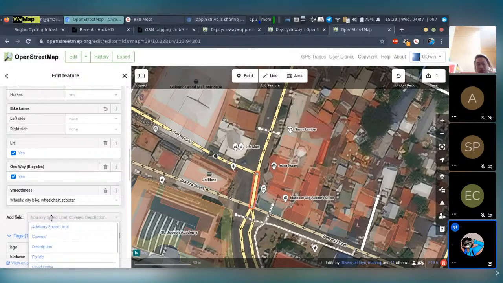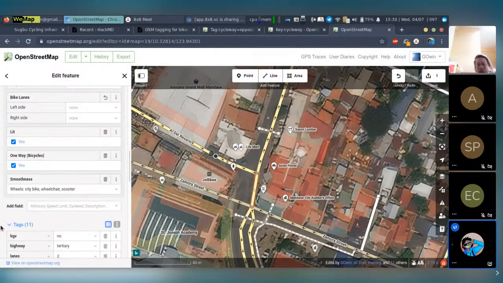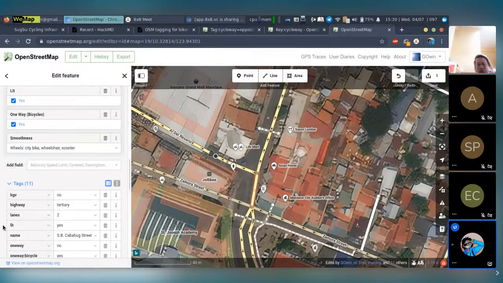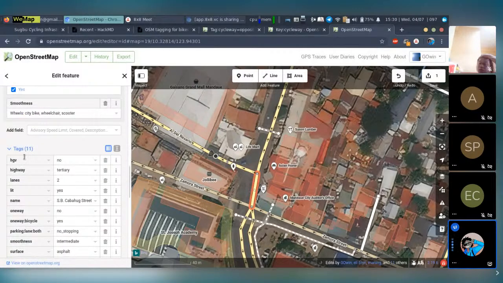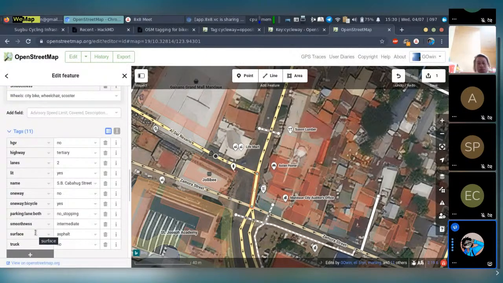Okay. Well, actually what I want to show you is that kung halimbawa may gusto ko yung gawin at hindi nyo nakikita dito sa field options sa bikes, what you can do is manually add the tags dito sa tag section of the editor. Hindi na kayo magre-rely on adding it here. Instead, you're gonna manually add the tags on the tag section. So, for example,